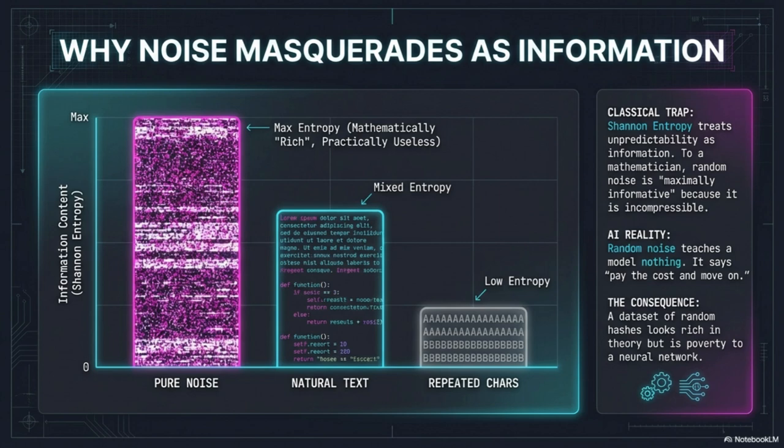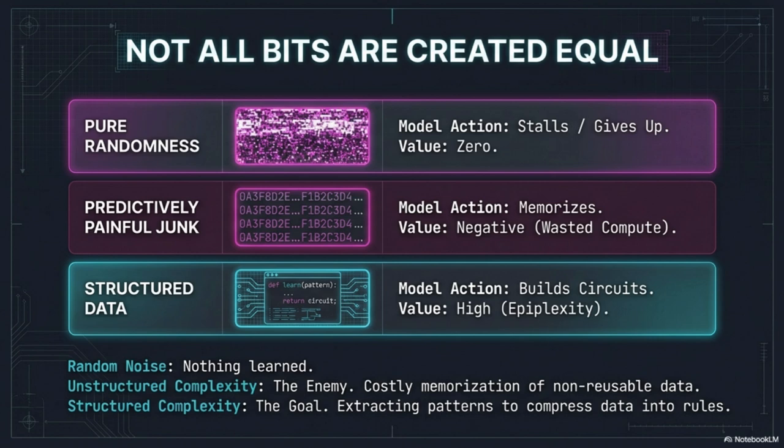Okay, let's unpack that first failure point. The paper highlights this critical trap with randomness, where the classic view confuses useful structure with just useless noise. This is the fundamental tension. I mean, classical theory relies so heavily on Shannon entropy. And Shannon entropy defines information based on uncertainty, on randomness. So random noise has extremely high entropy. It's maximally unpredictable. Classically, that makes it maximally informative. But wait, if I feed my model a stream of totally random bits, what is it learning? It's not gaining a skill, right? Precisely. It's learning nothing reusable.